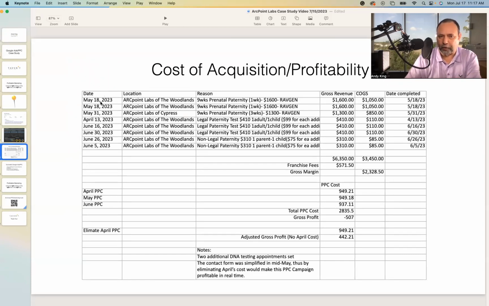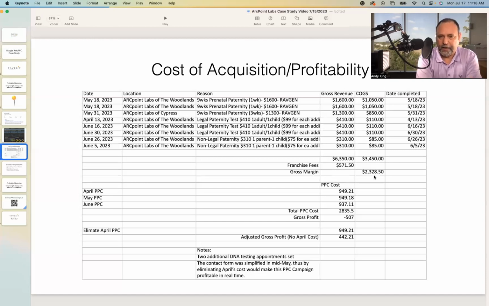On the left-hand column right here, you see the date of the tests that were given, the locations they were at, and then the actual tests and the revenue that was generated. At the end of the day, from April to June, you had about $6,300 worth of actual revenue generated with a cost of goods sold of $3,450. The franchise fee is included in that because that is a cost, and you're looking at a gross margin of about